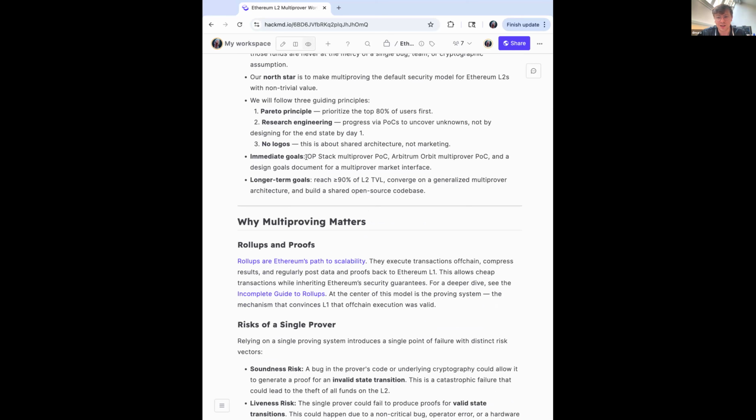And so yeah, that being said, I think because of the 80%, we'd love to start kicking off an OP-Stack multi-prover POC and an Arbitrum Orbit multi-prover POC. And as well, another one of the work streams we want to enable is a design goals document for a